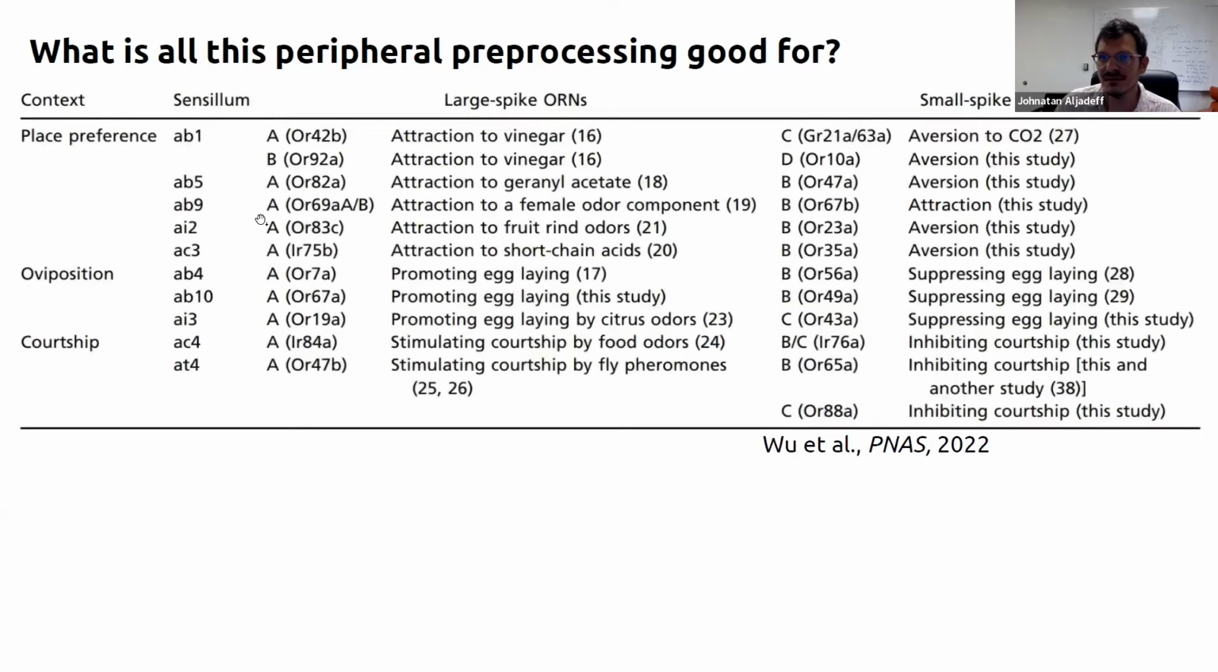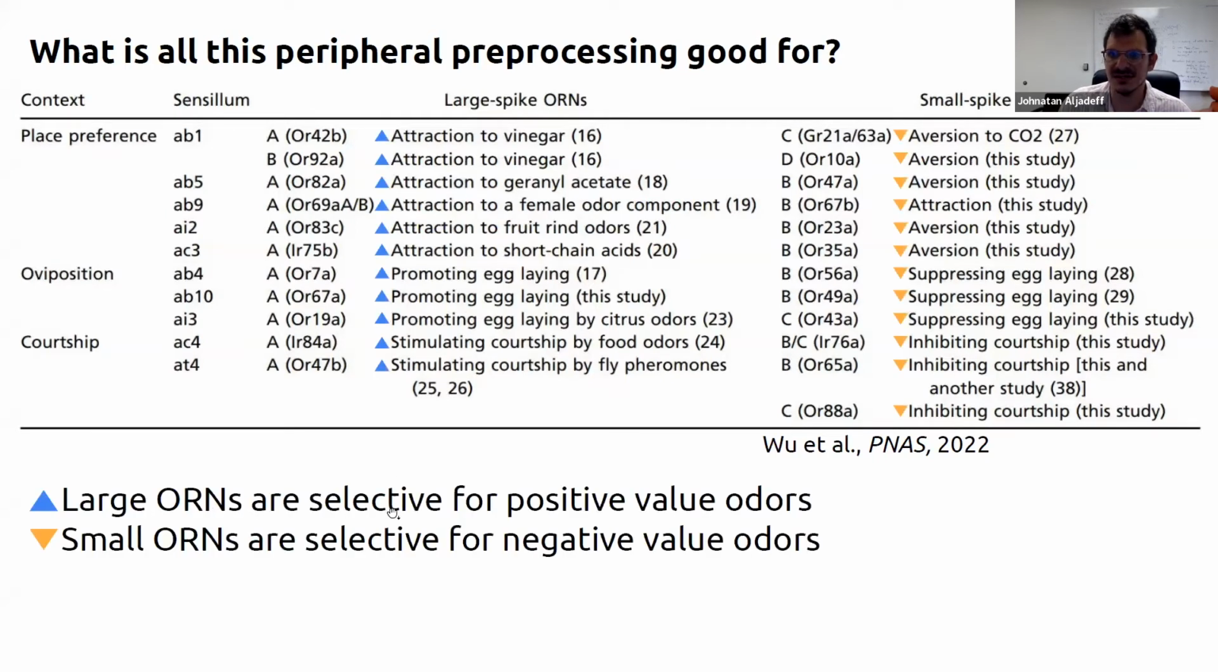Before I get to the model, another clue for why this peripheral preprocessing is important came from a paper that Chi-Ying published earlier this year. We characterized in this paper the behaviors that are mediated by the large spike ORNs, the larger of the ORNs that are paired, and the small spike ORNs. And very consistently, you see that large ORNs are selective for odors that have positive value for the animal, and small ORNs are selective for